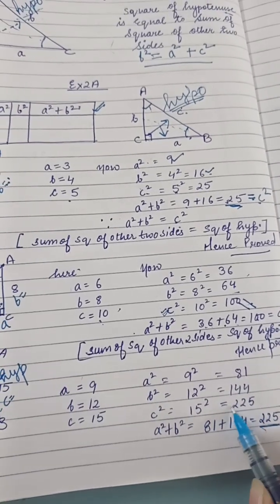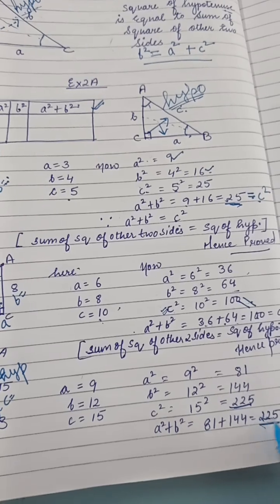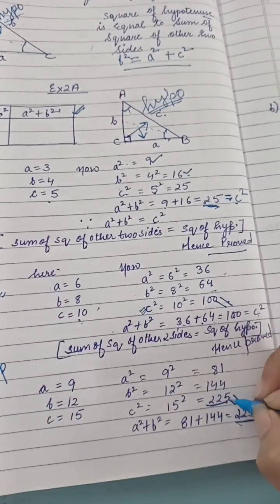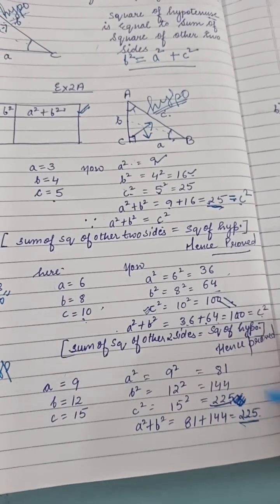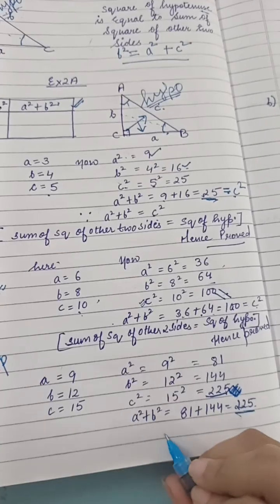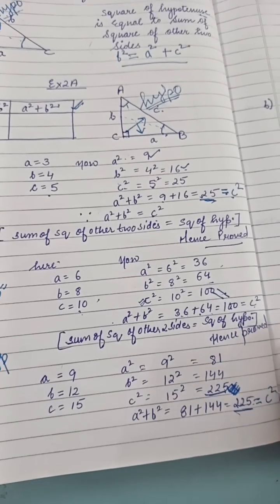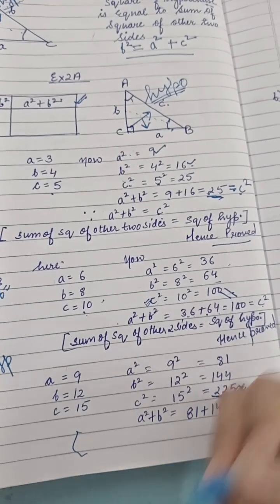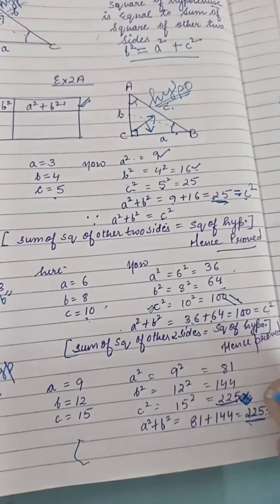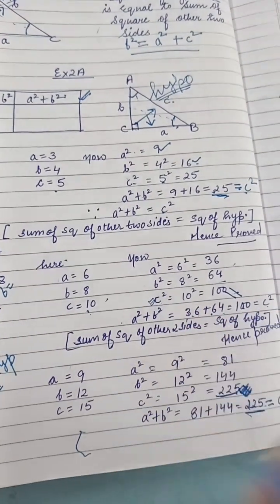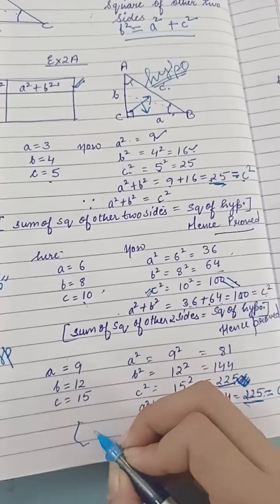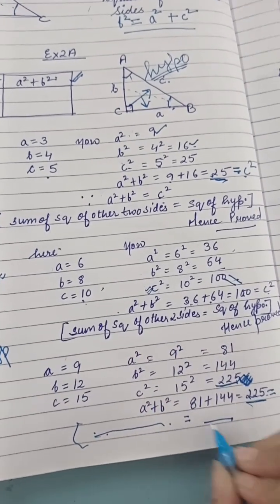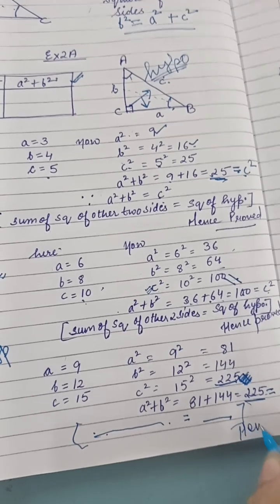So check whether the C square value and the value of A square plus B square are same or not. Yes, they are equal. You don't have to put the sign, but I am telling you to explain it. Okay. Yes, they are equal. So A square plus B square equals C square. Again you have to write the line. Why? Because they have asked you to show them, to prove them, to verify that it is Pythagoras theorem or not. So yes, the sum of the squares of the other two sides will be equal to the square of the hypotenuse. Hence proved. You have to write this. Okay, same.